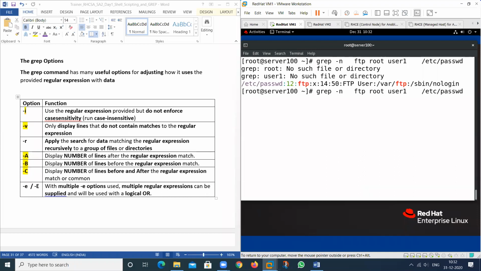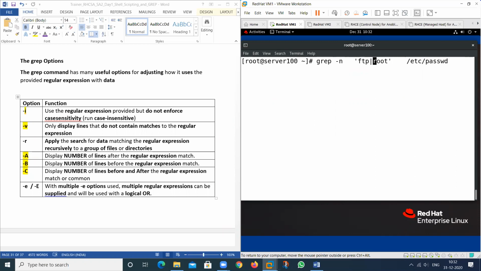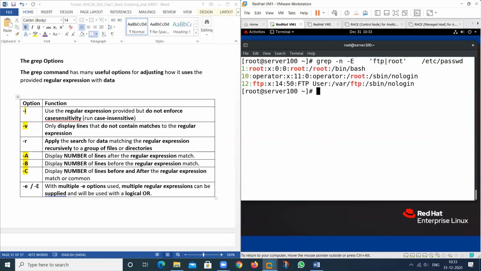So, just single quote here and this, then this is called the pipe symbol. See here. So I will use the option that is -e. It's called extended search.